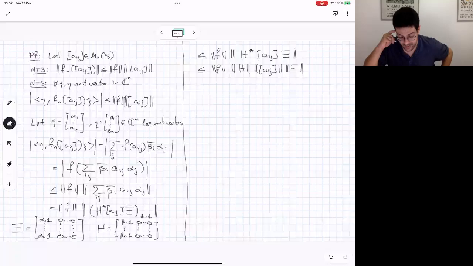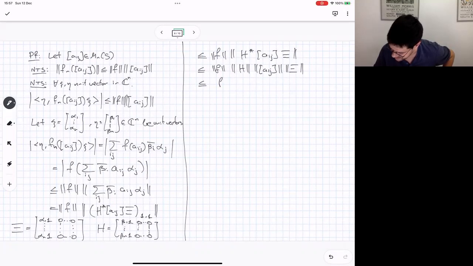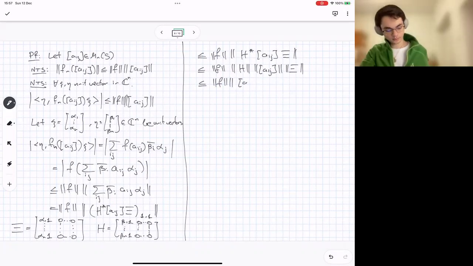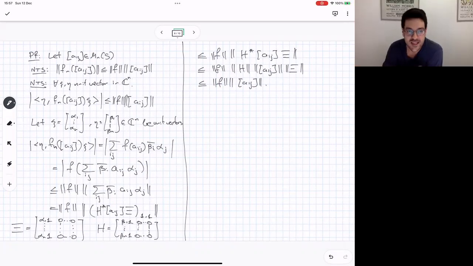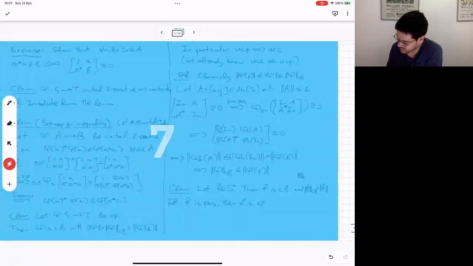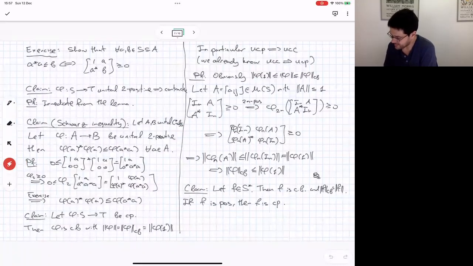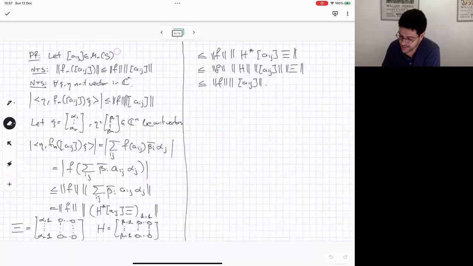Okay, so I will go over the details. Let me just finish here the last line. This is less than the norm of F times the norm of Aij. Okay, now I'm good to go over the details. So you're right. What I did was like this. Recall, I go to the previous page for a second, that F is just a linear function. So it goes from S to C. So Fn maps Mn of S to Mn of C,